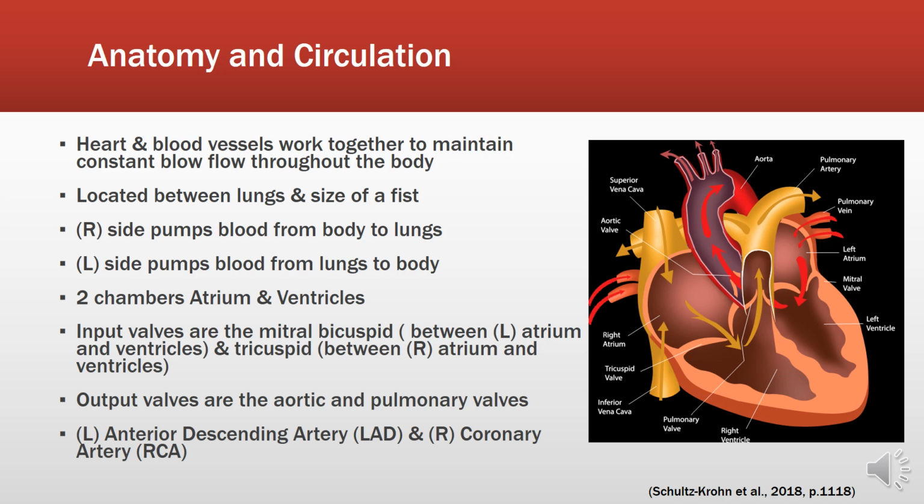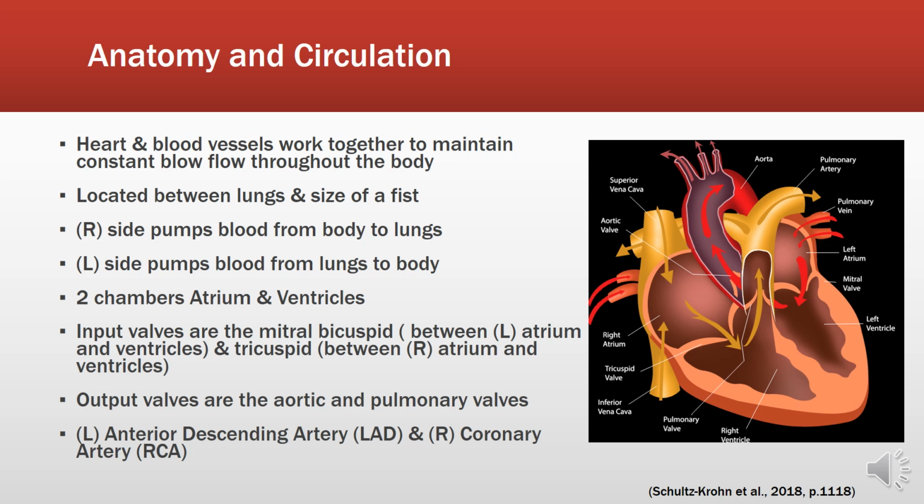So the heart and blood vessels work together, and this is able to maintain a constant blood flow throughout the body. It is located between the lungs and is about the size of a fist. Now remember that there are different parts to the heart that have different functions. So the right side of the heart is going to pump blood